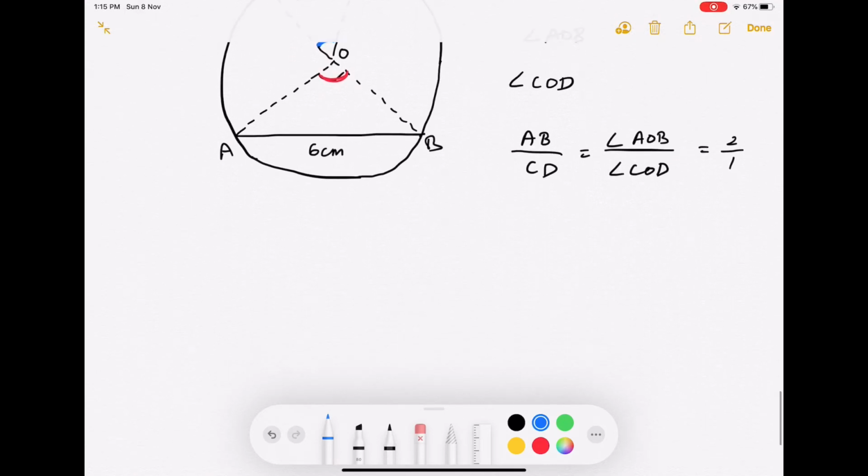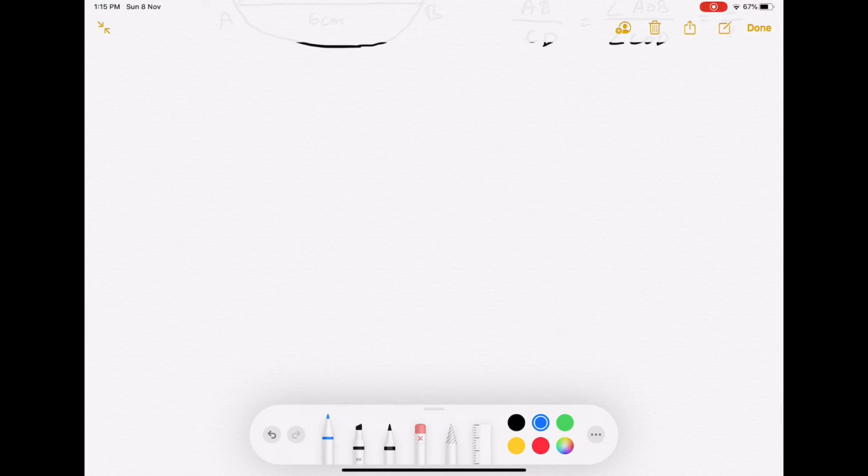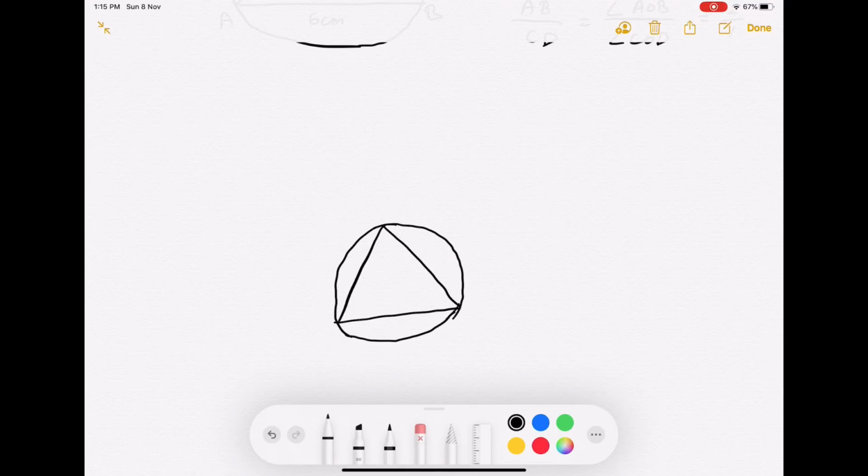Then another property is that if we have a regular polygon, which means a polygon with all sides equal, and you inscribe it inside a circle, for example, I can have a triangle inscribed in a circle. Rather, the circle is circumscribing the triangle. And if I know that this is an equilateral triangle,